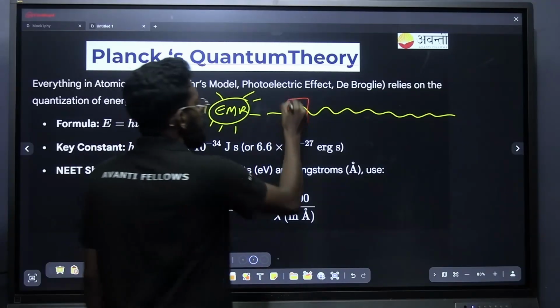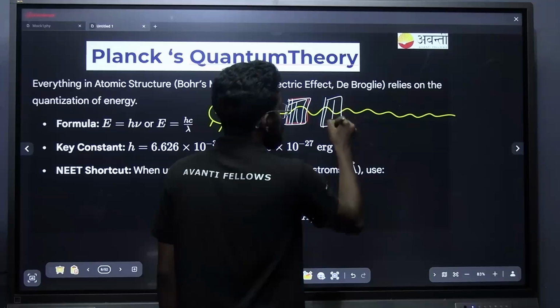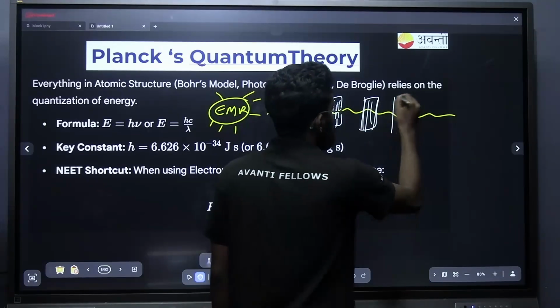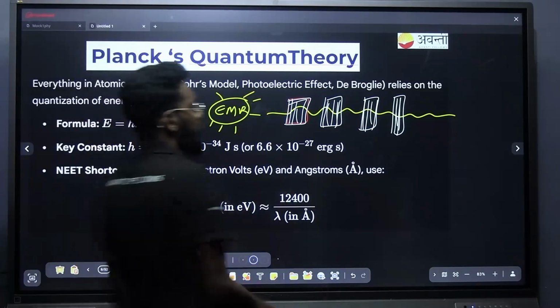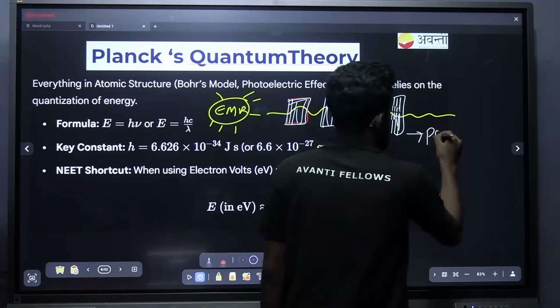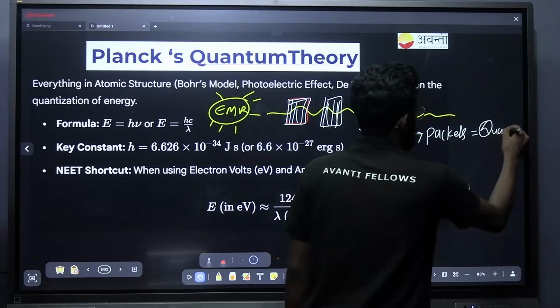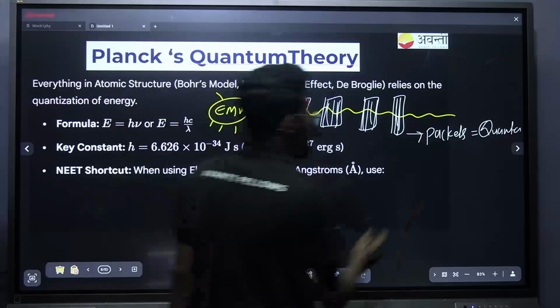According to Planck, electromagnetic radiation radiates through small packets, and these small packets are called quanta,